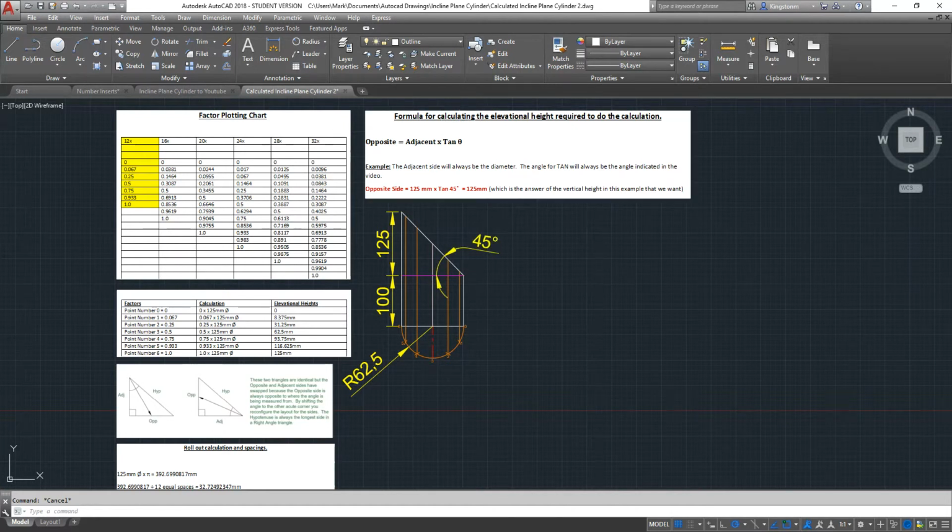So up here I've created a formula for calculating the elevational height required to do the calculation. The formula is opposite equals adjacent times tan theta. So the angle 45 will be theta in this one. So down here I've done the calculation in red. Opposite side equals 125 millimeters, which is the diameter, times tan of 45 degrees gives us our elevational height of